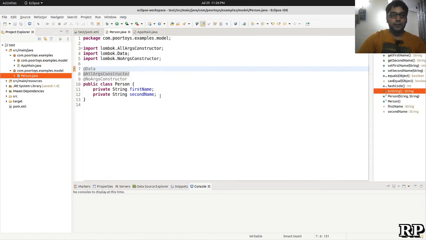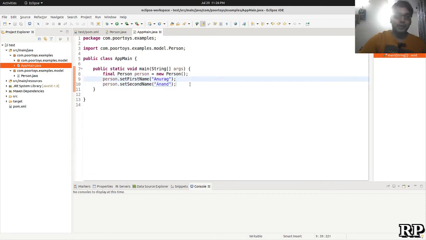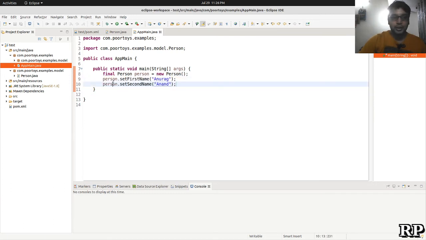If you see, we haven't created any constructor, sorry, setters or getters in this class, but we are able to access those functions over here. So this is what the Lombok plugin does. Eclipse is able to handle the Lombok annotations right in the IDE. So you can see that our code is working.